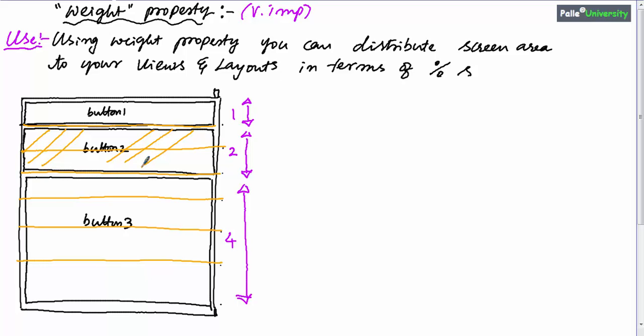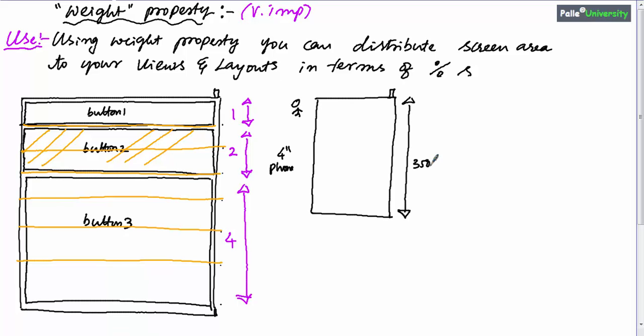Which means, let us say the user is running this application on a small phone, that is a 4-inch phone, whose height is probably 350 pixels. In this case, 350 divided by 7 will result in 50, which means 50 pixels should be given for button 1's height, 100 pixels should be given for button 2's height, and 200 pixels should be given to button 3's height.